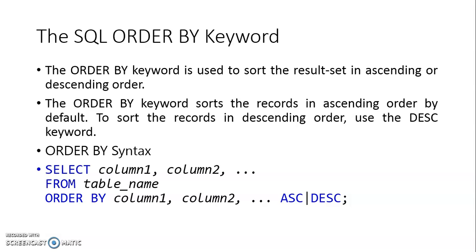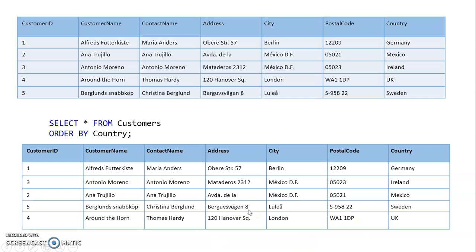Now next one is ORDER BY. It is a keyword used to sort the result, that is, the particular column is sorted either in ascending order or in descending order. We will see the syntax here. The syntax is SELECT column name FROM table name ORDER BY column name 1, column 2. Here you have to specify in which order you want to sort the column. If you want ascending, you will use ASC, or you will use DESC for descending. If you are not using anything, then by default it is sorted in ascending order.